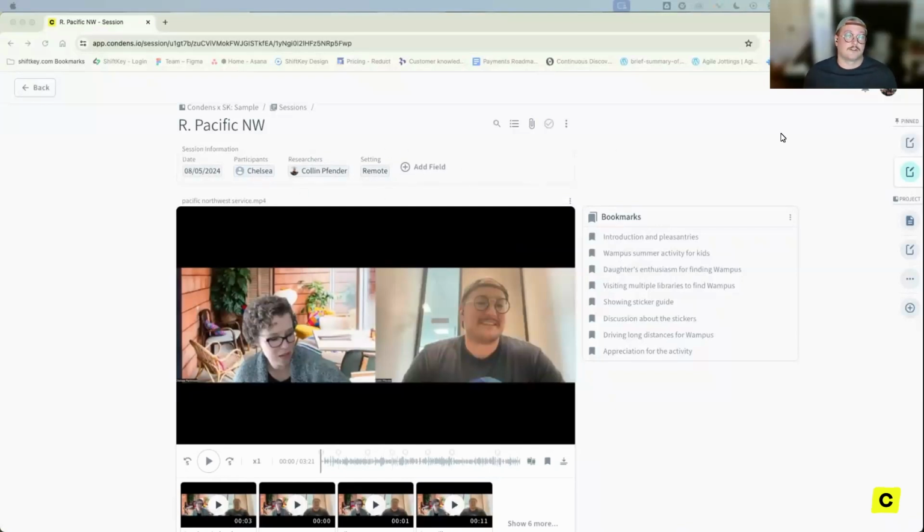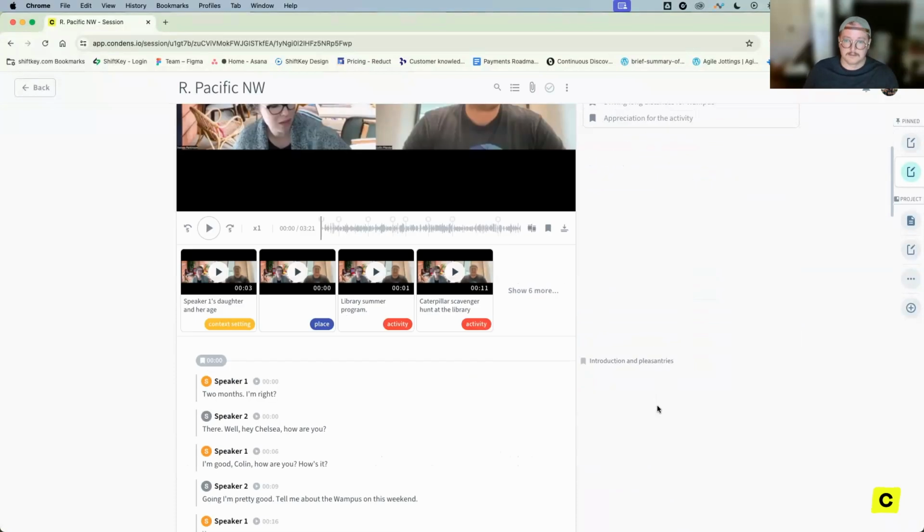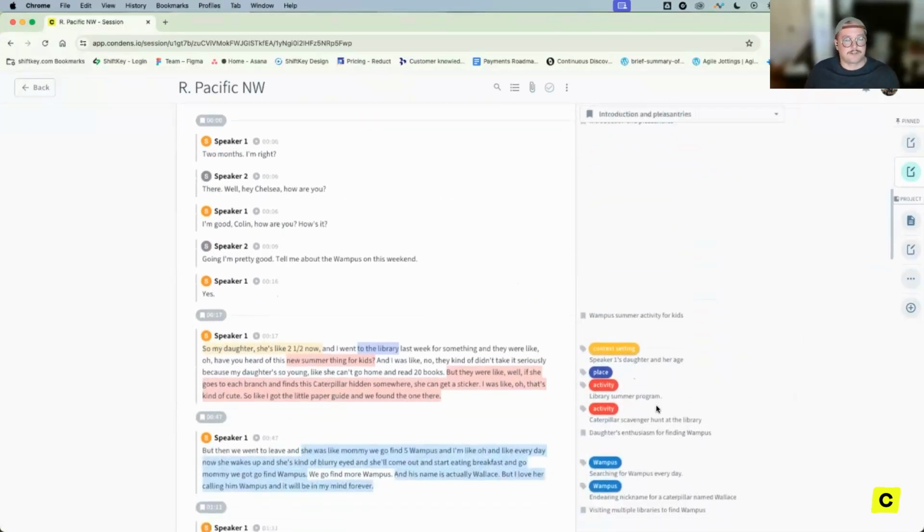One of the cool features that I think is appropriate for AI in this setting was released this past year in Condens. It's bookmarks, and so we have these nice little anchor points developed from our conversation that just automatically generate. If you want, you can click to one and it'll scroll to that section, which I think is nice. And as I scroll down,